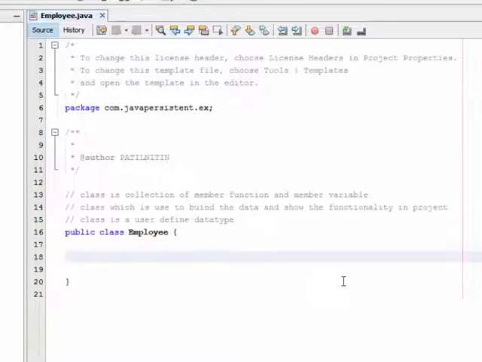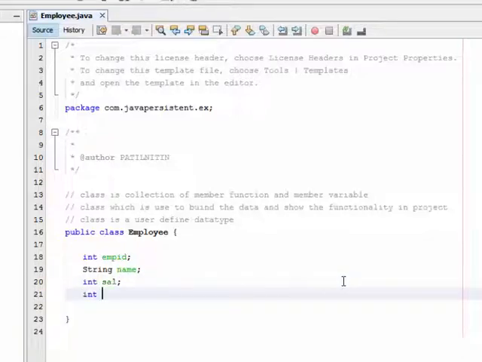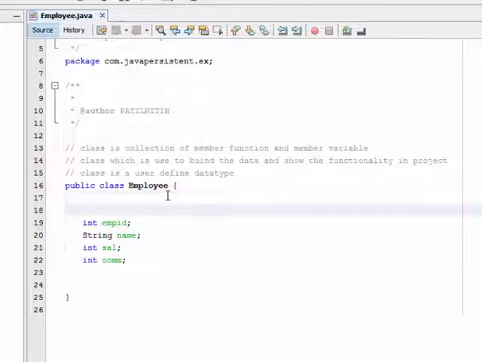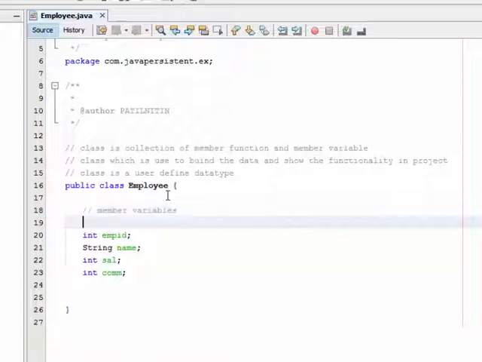After that I'm going to develop the class: int empid, string name, then int salary of employee, int commission of employee. This is nothing but member variables,